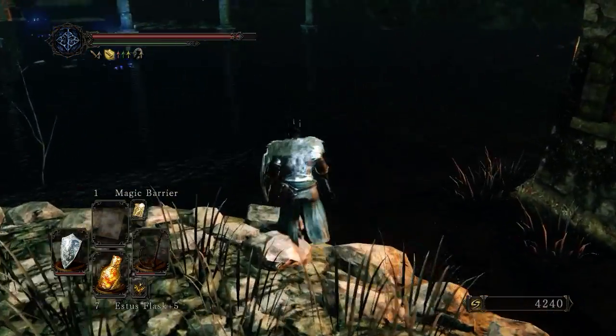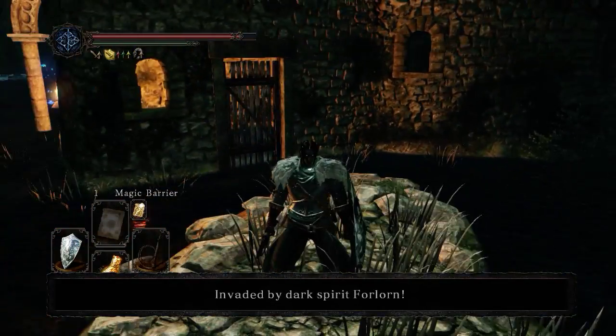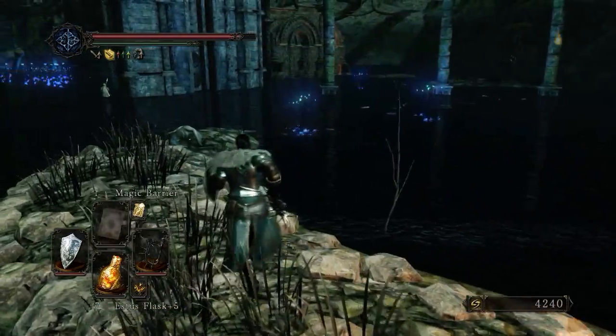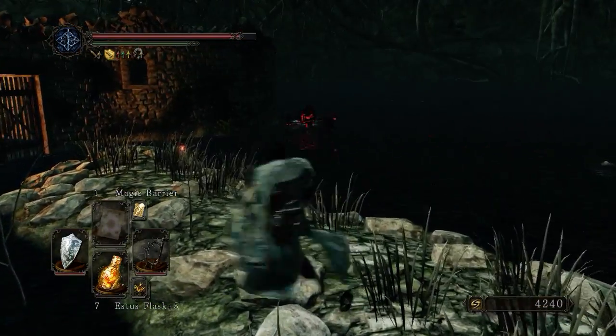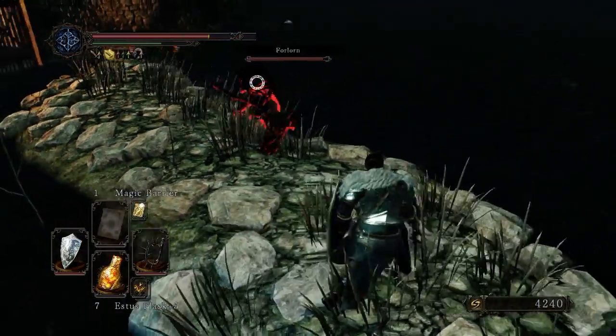So now let's see. Oh, invaded by a forlorn. Let's make sure my stone ring is on. It is, okay. Oh, there we are. Oh, Scythe Forlorn too. It's the first one of these we've seen. Looks like he's got a bit more...